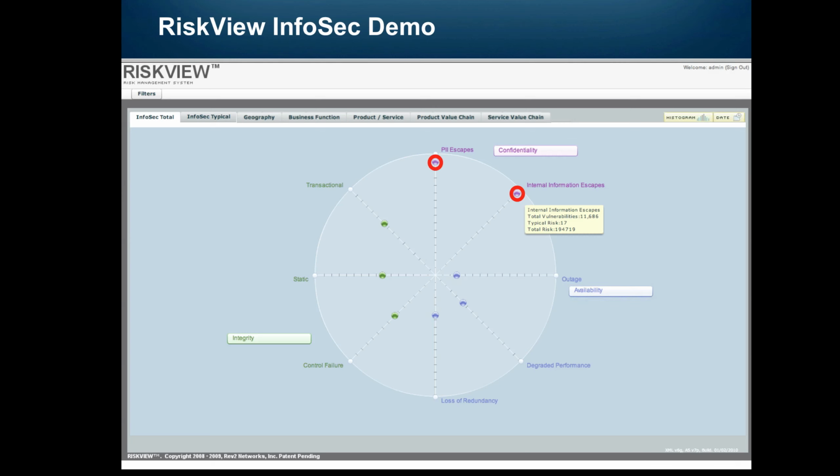Using business analytics, we can see that the C, or confidentiality vector, represents the highest material risk to the organization. And by their outlier positions, we can see that the greatest material risk within confidentiality is presented by IIE, internal information escapes, and PII, personally identifiable information escapes. By hovering the mouse over IIE, the greatest risk, we can see that this vector alone includes 11,686 vulnerabilities, far